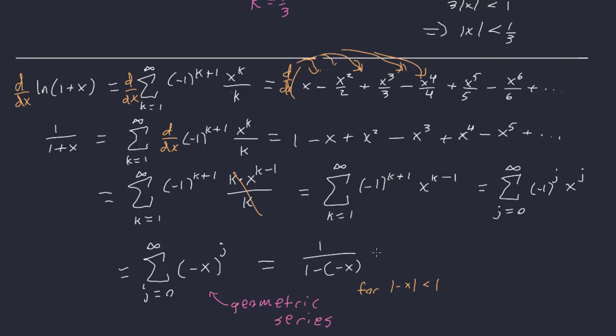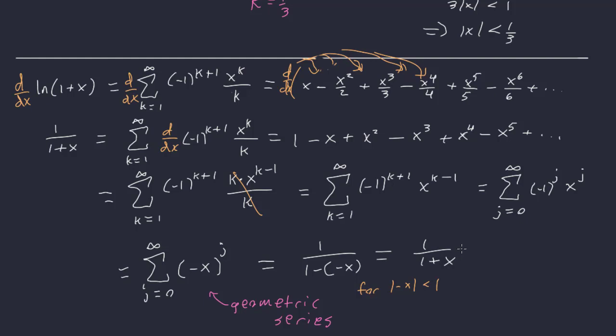Oh, well, check this out. When we simplify that, we get all the way back to this. Okay, so it turns out that we can actually differentiate term by term,